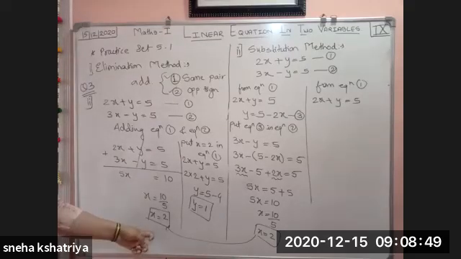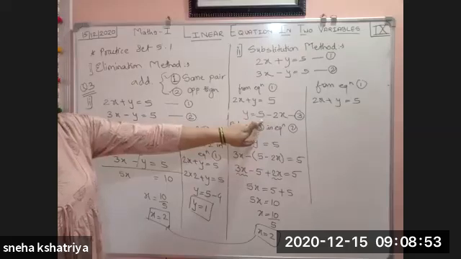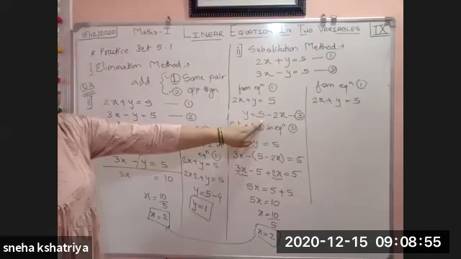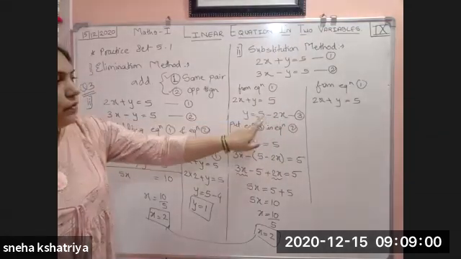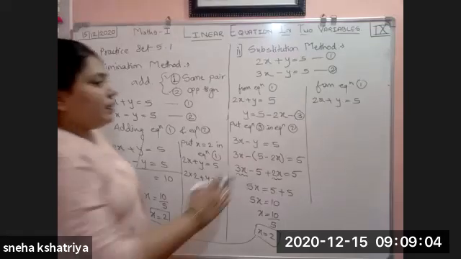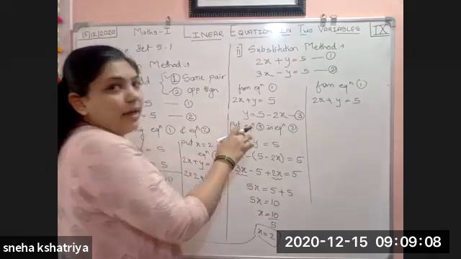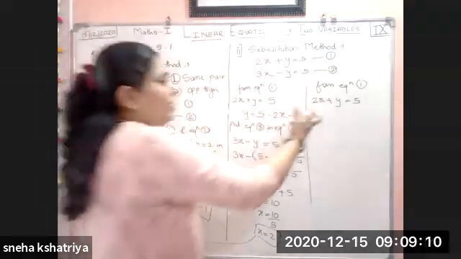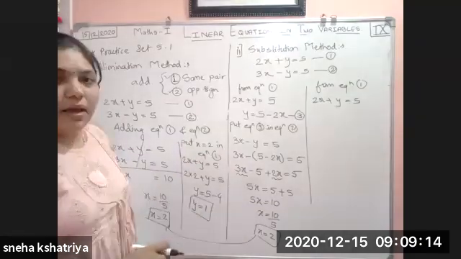Again the same thing. So if we put this value of x directly in third equation, if we put x is equal to 2, 2 into 2 will become 4. 5 minus 4 is 1. So y value we get 1. Okay. Now, here from this equation, I found out the value of y. Now, if I am finding the value of x, I don't need y. I want the value of x.